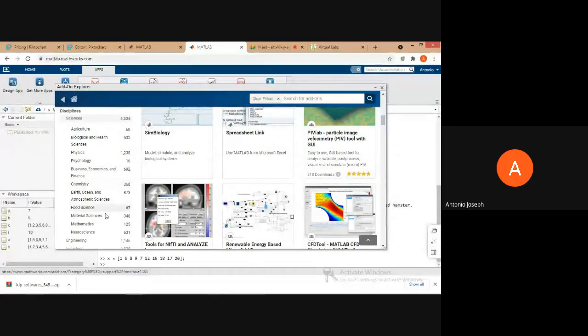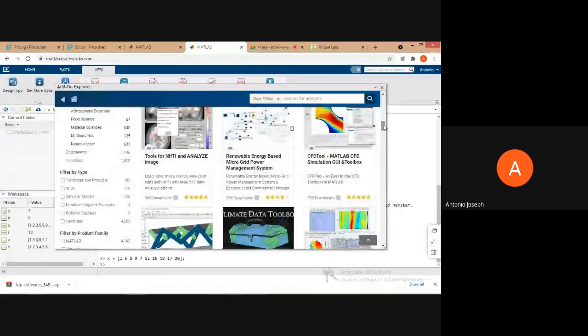So it's finding vast application in different areas. MATLAB is not confined to engineering or fields more or less related to the programming part. In any discipline, it can find some sort of application. That's the advantage of MATLAB. That's why I said that if we ask why MATLAB, it is a silly question, because there are a lot of applications available with MATLAB.